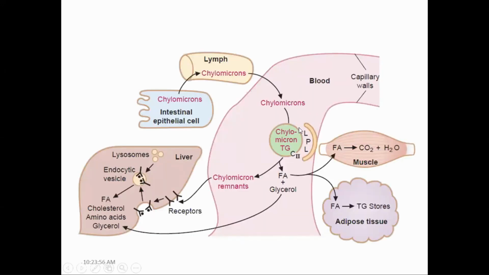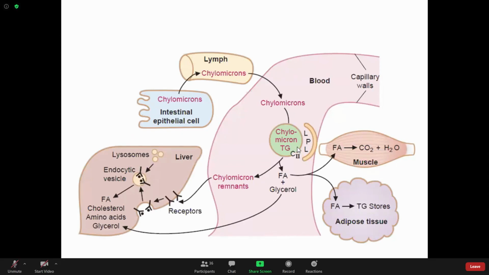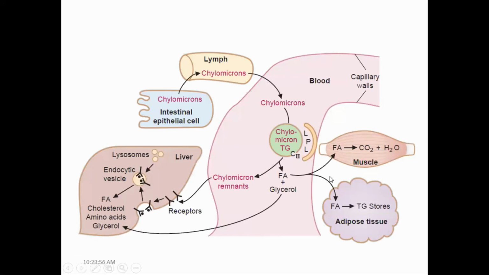So this is the figure showing how chylomicrons are circulated to the circulation. Chylomicron is formed in the intestinal epithelial cells by incorporating different dietary lipids along with apoprotein B48. They form a chylomicron. After formation of this chylomicron, it enters the lymph, and from the lymph it is released to the circulation. In the endothelium of the blood vessels, another enzyme is present, that is lipoprotein lipase,